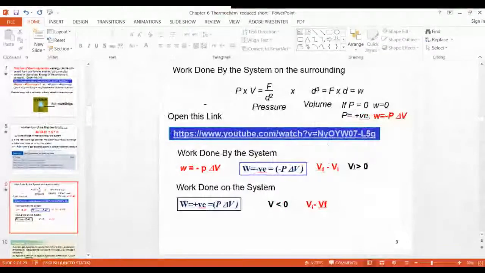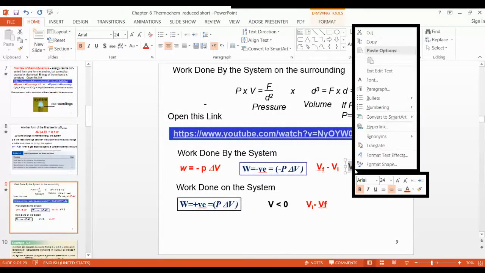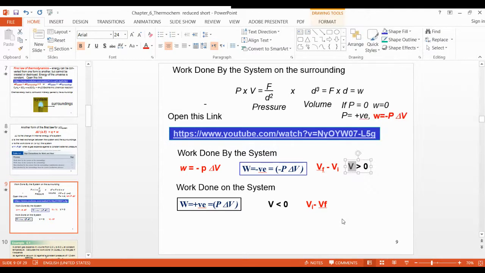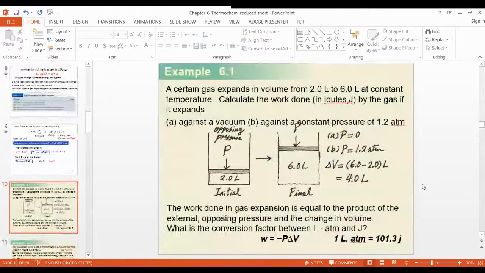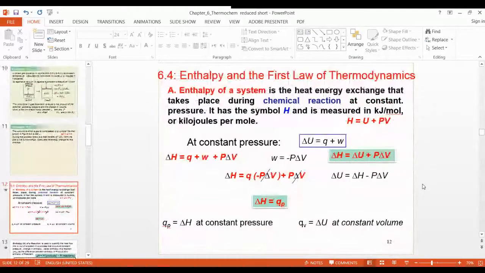So these are the formulas given here about the work done when the work is positive and when it is negative, when the final and initial volume difference is less than 0 and greater than 0. When less than 0, the work is positive, and when greater than 0, the work is negative. That is for exothermic or endothermic reactions. This is an example of exothermic and endothermic reactions.